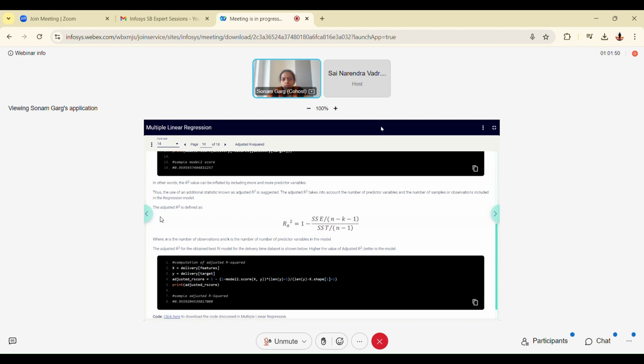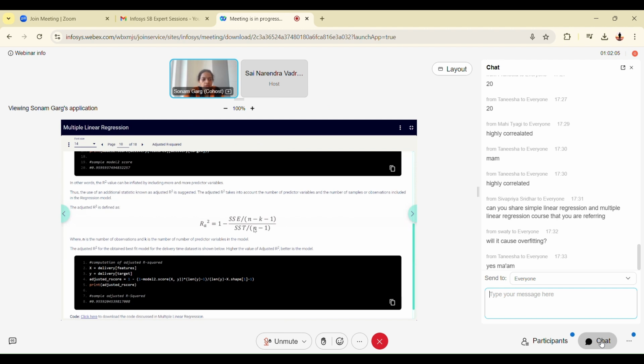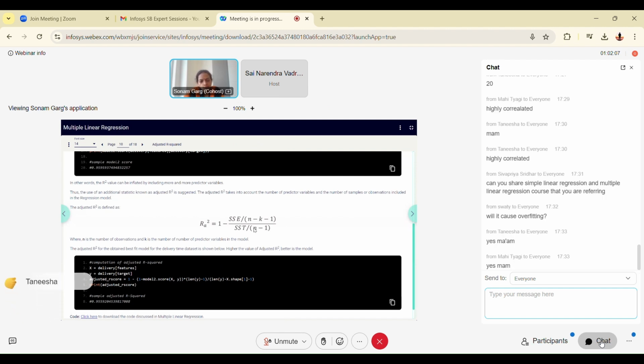Because if I have only 25 rows, maybe my R square value comes out less. If I take 2,500, maybe it will increase. If I take 25,000, maybe it will enhance further, isn't it? So it depends on how many rows I'm taking. It depends on how many columns. It should depend on the number of rows and the number of columns as well. Whereas my calculation of R square was not taking the number of columns and rows into account. So another metric called adjusted R squared can be used for comparison between these models. The actual R square formula is only this.